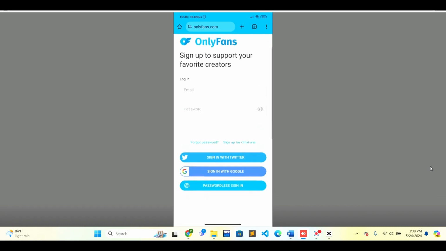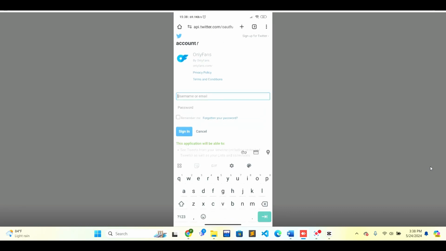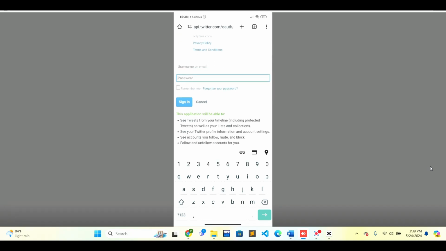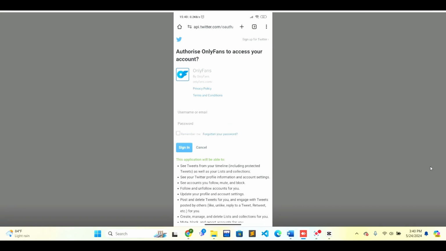When you scroll down a little bit, there is an option to sign in with Twitter. You can just click on sign in with Twitter and it will take you to this interface. Now you can just enter the username or email of your Twitter and you need to enter your password. After that, you just need to sign in by clicking on the sign in button that is just below it, and after that you will be able to sign in to OnlyFans. When you enter the username and password correctly and click on the sign in button, you will be able to sign in successfully to OnlyFans and use